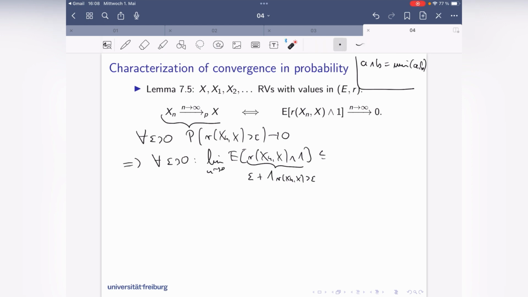So I can bound from above the expectation over this by the expectation over this, and this is epsilon plus the probability that d(Xn, X) is bigger than epsilon. The latter goes to 0 by the assumption, so with n going to infinity, this goes to epsilon. And we are done, because I've shown that the limit is smaller than epsilon for all epsilon, so it has to be 0. Okay. Then from right to left,